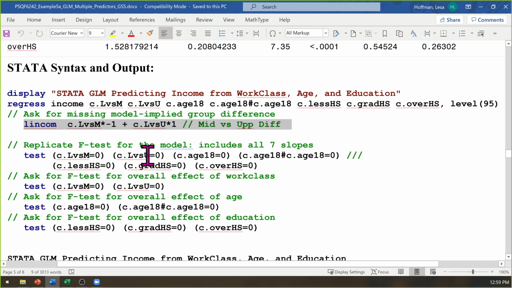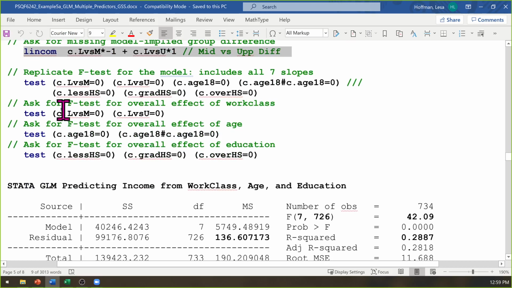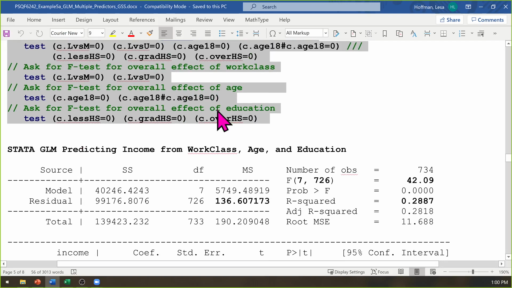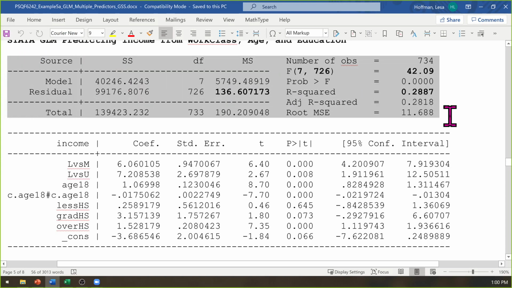Okay. Let's stick here with Stata for right now since we're already here. This is the new part. This is the new code for this example that you need to finish homework 5, which is due in 2 weeks, so you got plenty of time. So why do I need to write this? Let's look at what happens by default. So I've got both SAS output and Stata output in this handout. Let's do Stata first because it has less output to consider. So the first set of boxes here you are used to. So I have bolded the ones that we want to pay attention to.